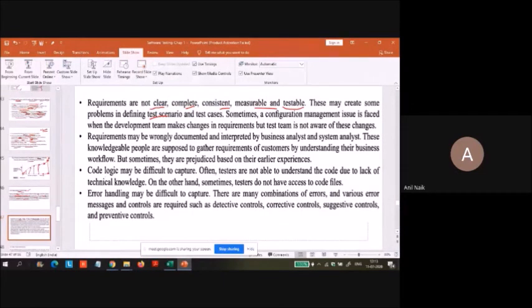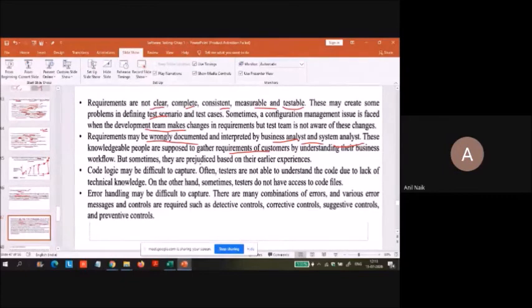Sometimes a configuration management issue is faced when the development team makes changes in the requirements. Requirements may be wrongly documented and interpreted by the business analyst and system analyst. These knowledgeable people are supposed to gather the customers' requirements by understanding their business workflow,